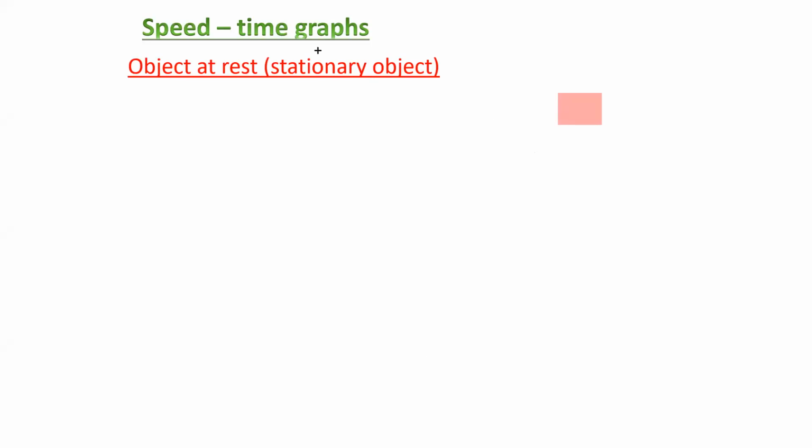So what is the speed of the object which is at rest? The object which is at rest, what is the speed? The speed of this object is 0. So when we sketch a speed time graph for an object which is at rest, and this is a speed time graph,